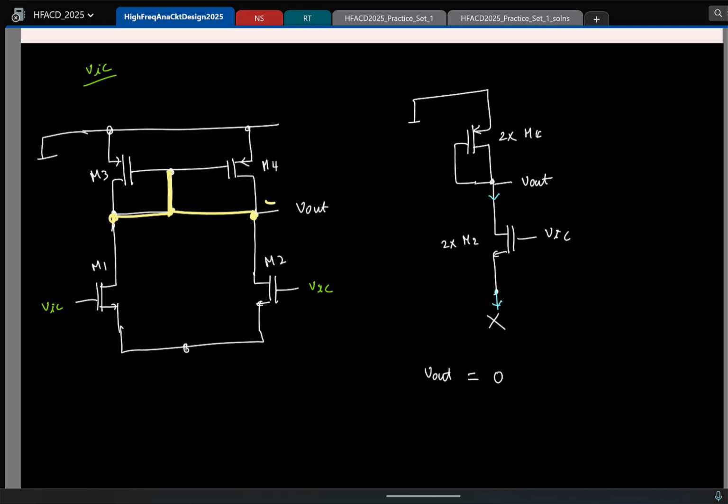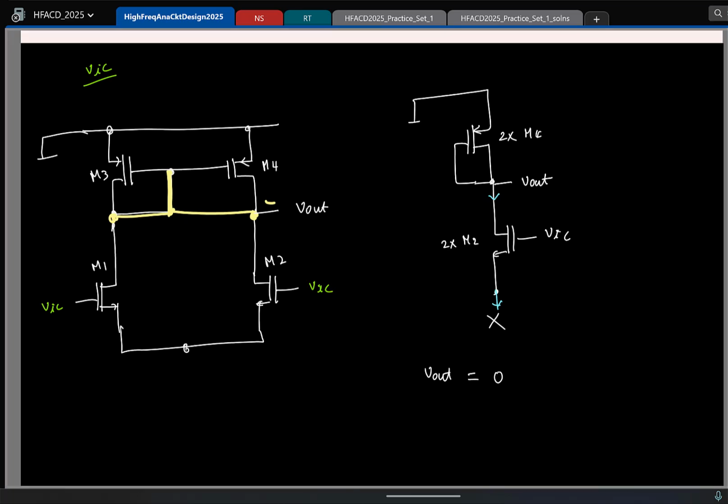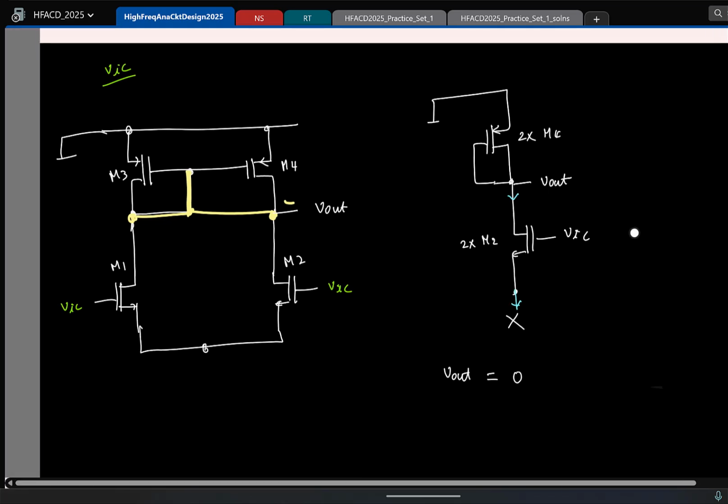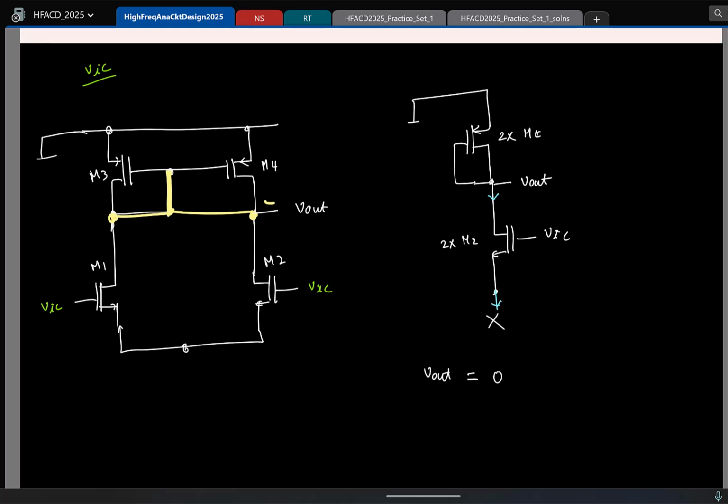So this is a trivial case, so let's make it interesting. So again, why is this 0 now? The main point to notice, this became 0 because I had an open circuit here. And why is this an open circuit here? I had an ideal current source biasing this, right? But let's make it interesting. Let us say the current source is non-ideal, obviously. So it has some resistance, say Rx. Okay. So which means in the small signal picture, I'll have